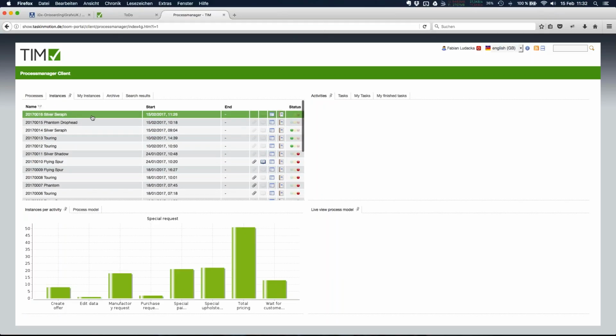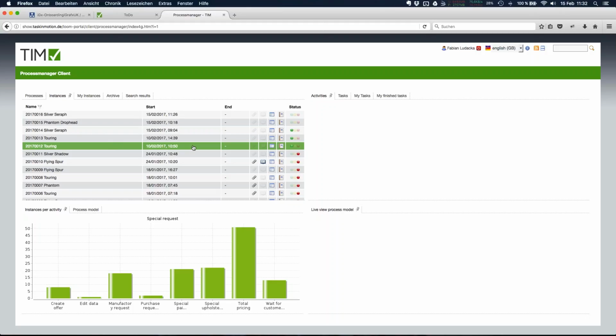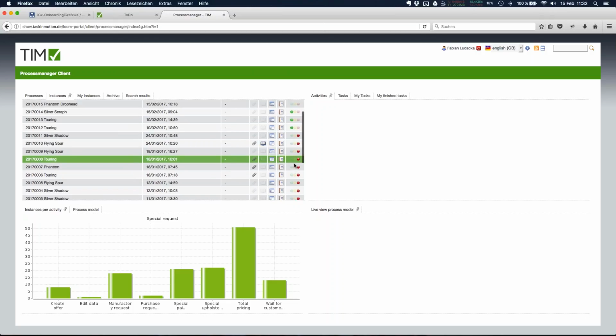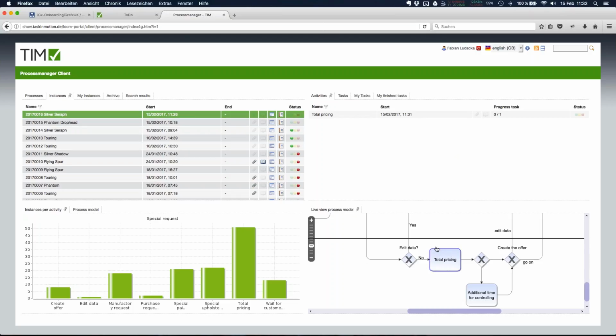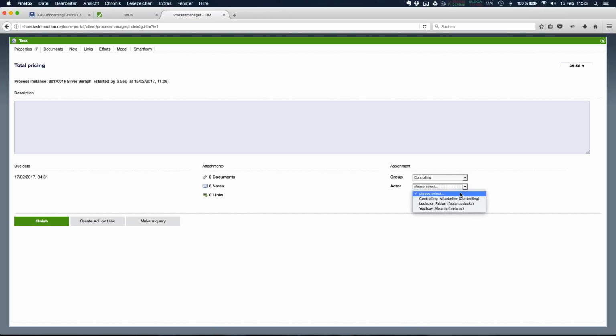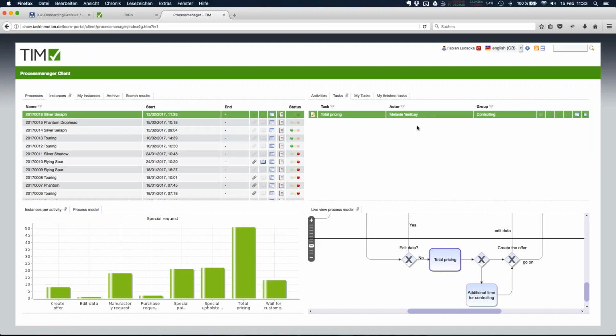And here you can see all the running special requests, and you can also see the overall status here by these traffic signs. Here, for example, everything is in time, but here on the lower end, there are some process instances which are out of time plan. And if I choose one, I can see where the process is standing at the moment. I can also see who is actually assigned to this task. And if there is no one assigned, I as process manager can assign someone. For example, I choose Melanie in this case, and I assign the task to her,